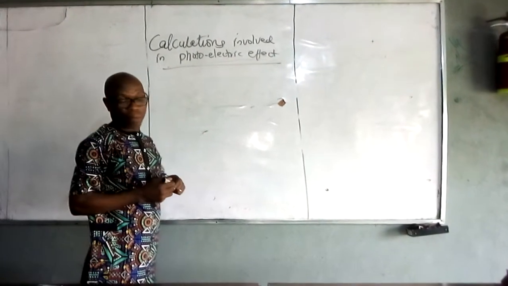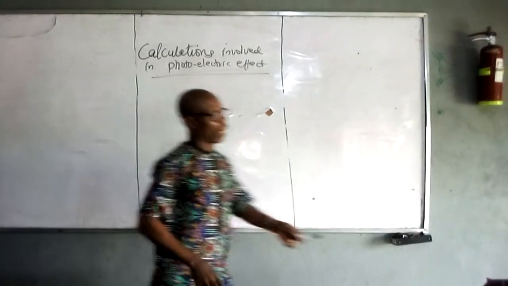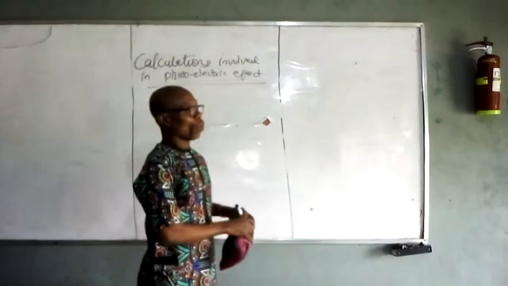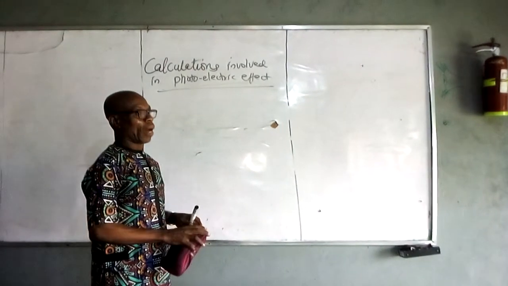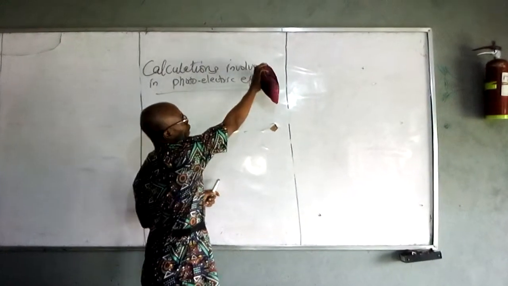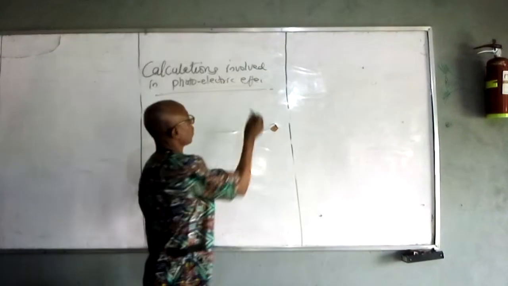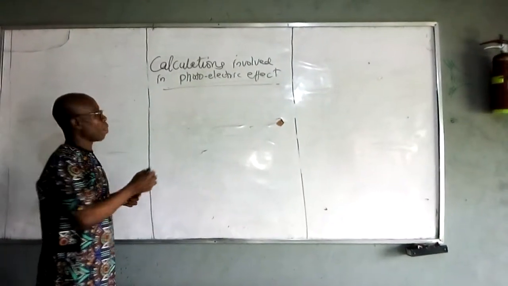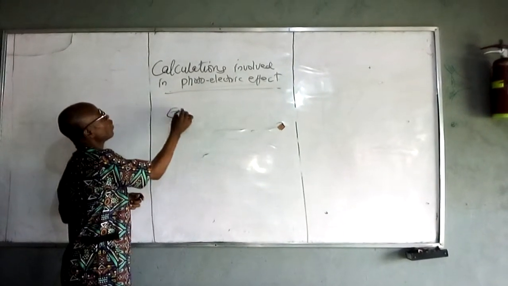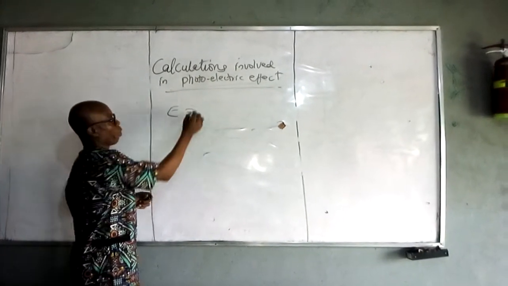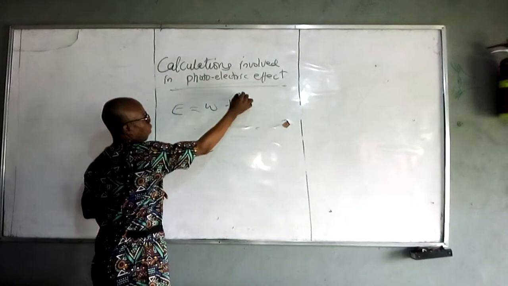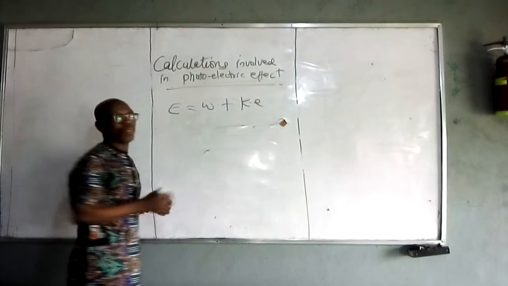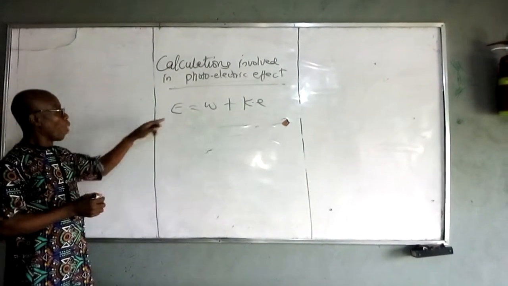To solve problems on the photoelectric effect, we make use of Einstein's photoelectric equation that states that E is equal to W plus K, where E is